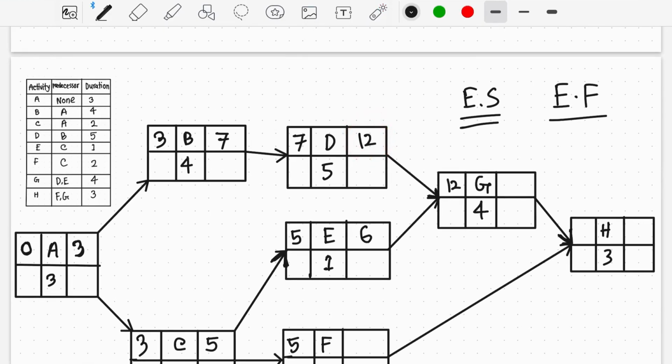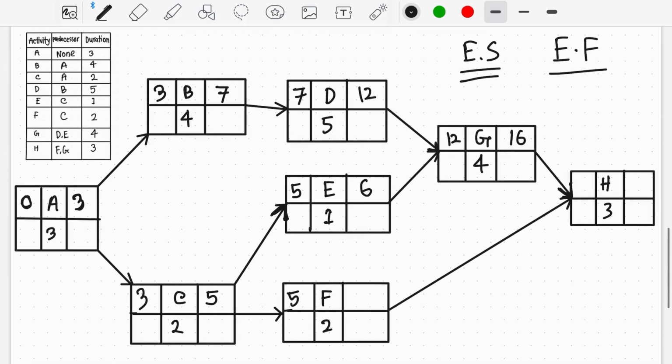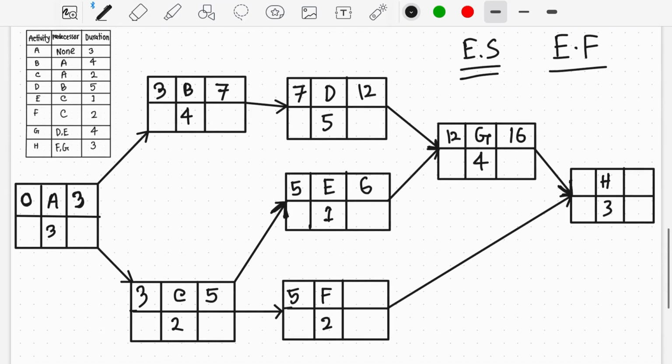So what I'm going to do here, 12 plus 4 will be 16. In the same case, 5 plus 2 will be 7. Now you see H depends on G activity and F activity, but which is the highest number? The highest number is 16, so I will take the 16. Now 16 plus 3 will be 19. So our forward